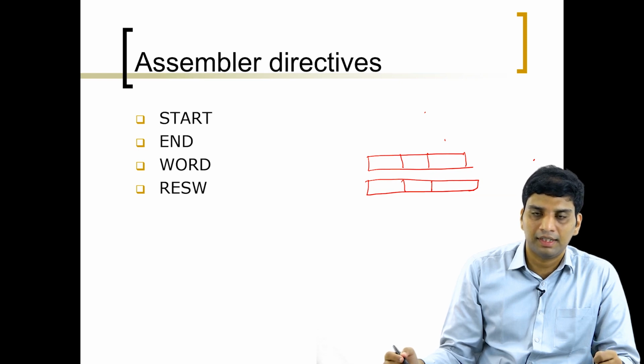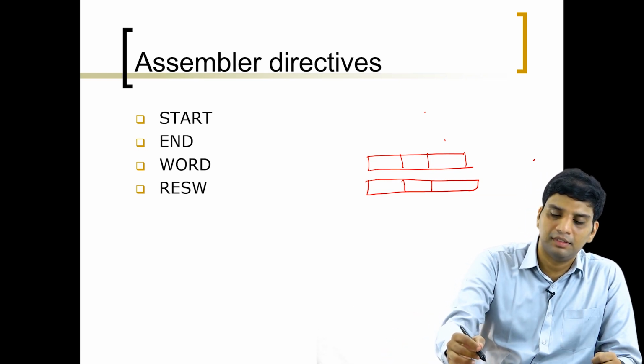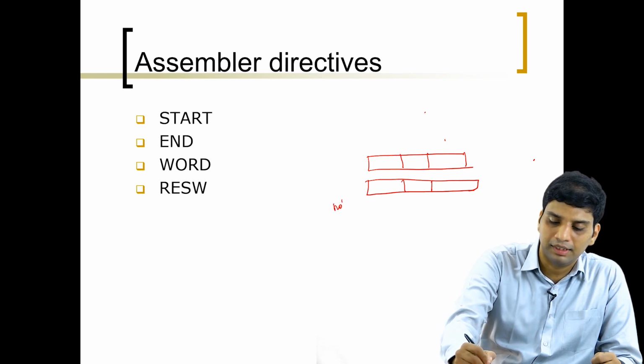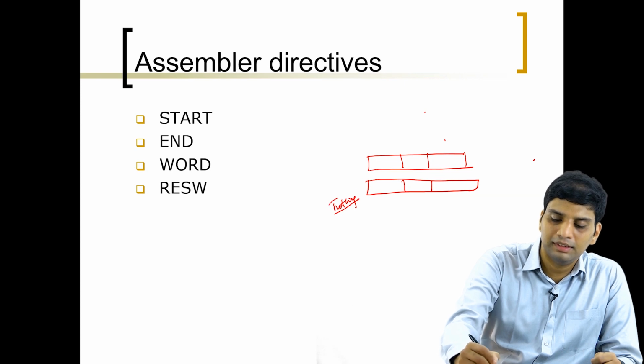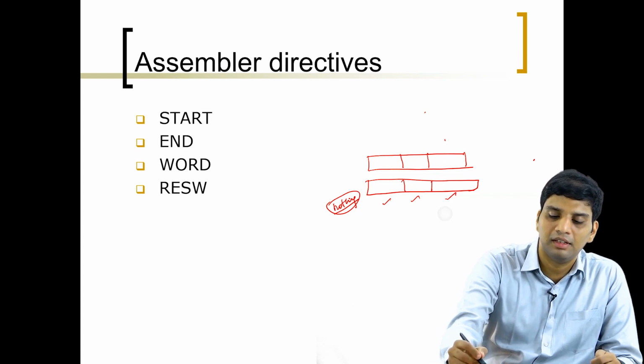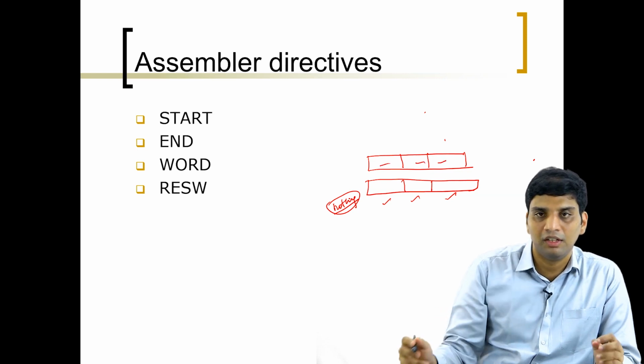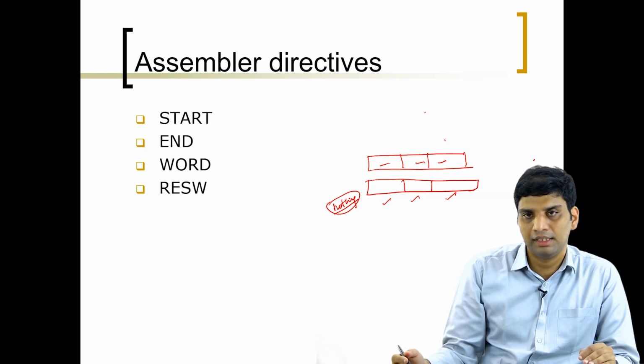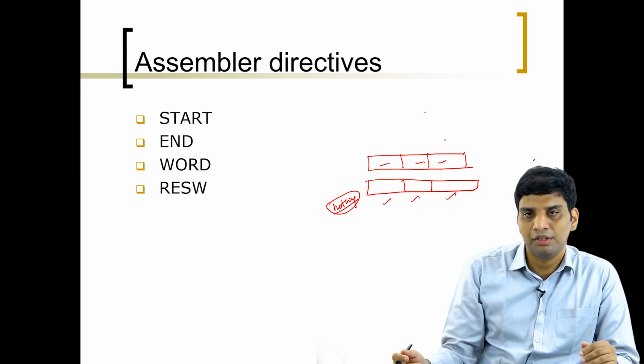Word and reserved word. For example, if it is reserved word, I am going to reserve 3 consecutive bytes and nothing is stored inside. So it's just a memory reserve. A word is reserved for storage in the future. But with word, I'm allocating memory and I'm going to store something inside this word. So word will contain some data inside. When you are declaring it as a word, it is a memory location and something will be stored inside it. And reserved word is you are just reserving for future use.